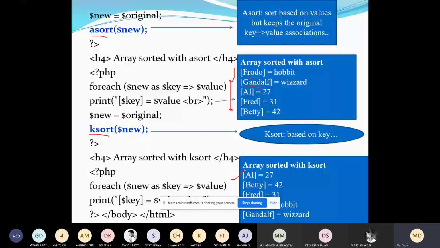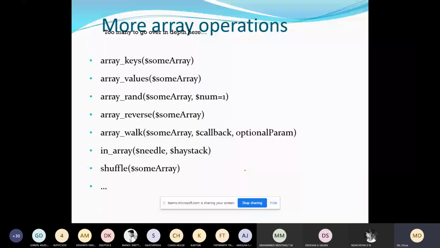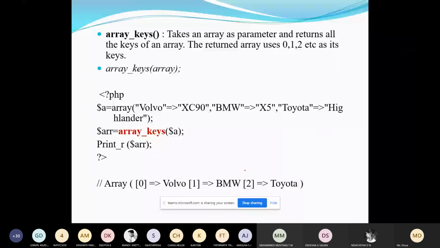Coming to more operations on arrays, these are some of the operations we have. array_keys takes an array as a parameter and returns the keys of the array.